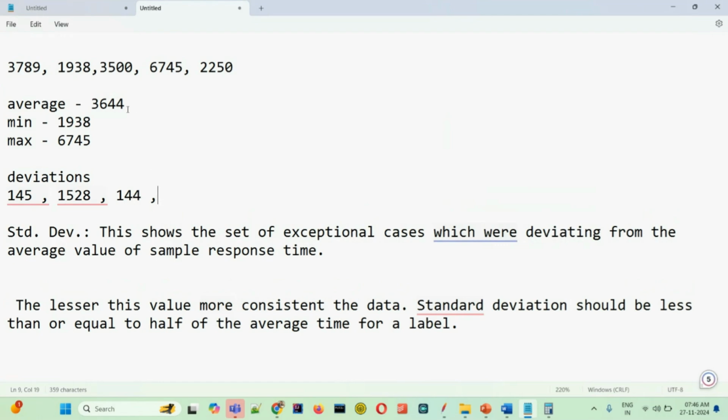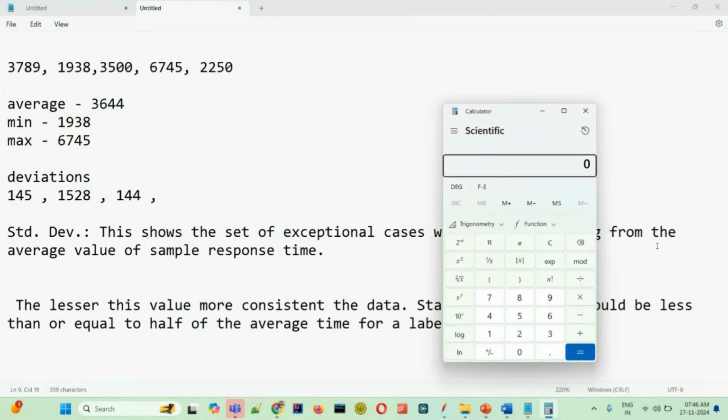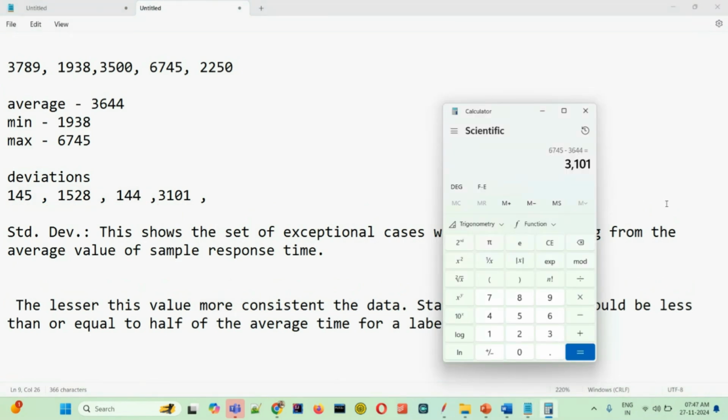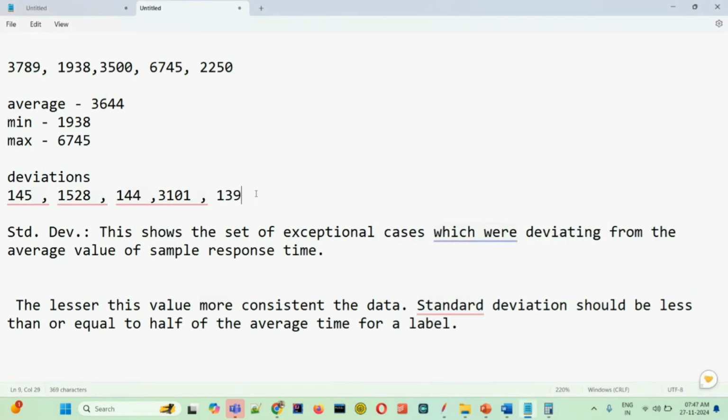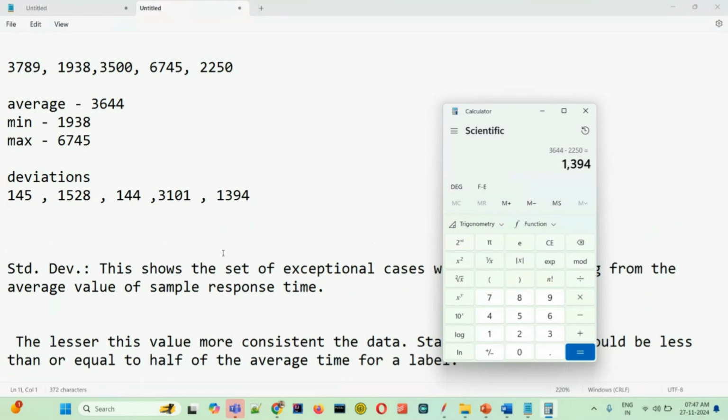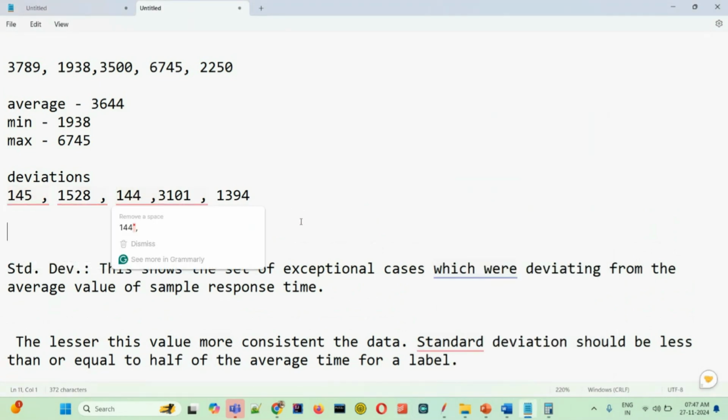Now 3644 minus 6745, this minus this. Okay, 3101. And lastly, here it could be 130. Right? So 36, 2250. It is 1394. So this is your deviation. Okay, deviation. And to calculate the standard deviation, you have to make a square of it